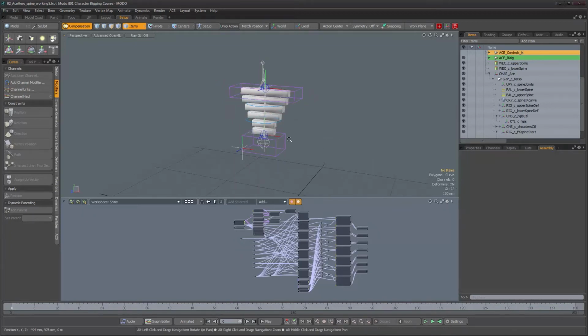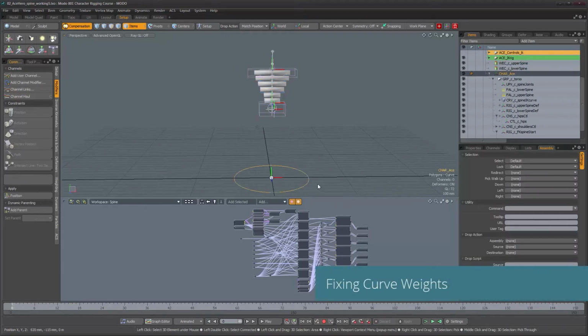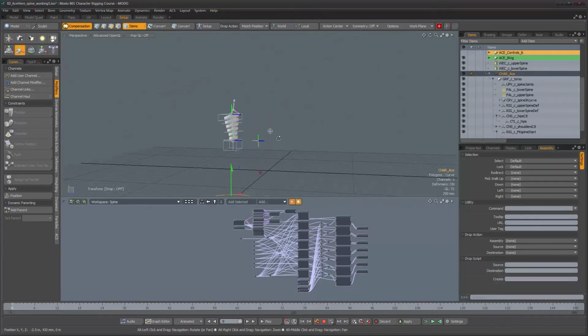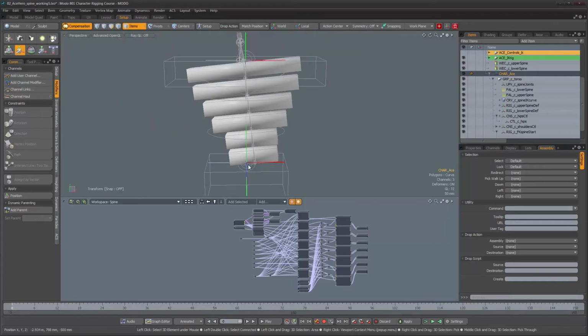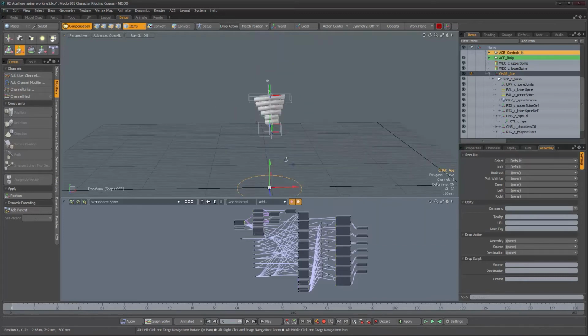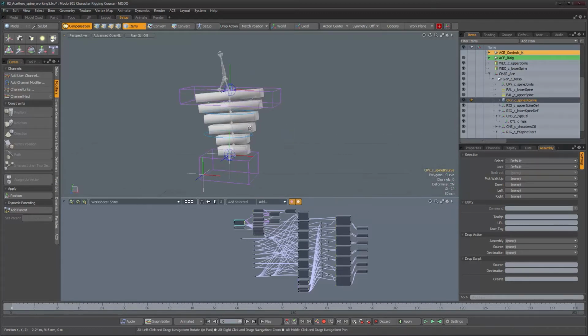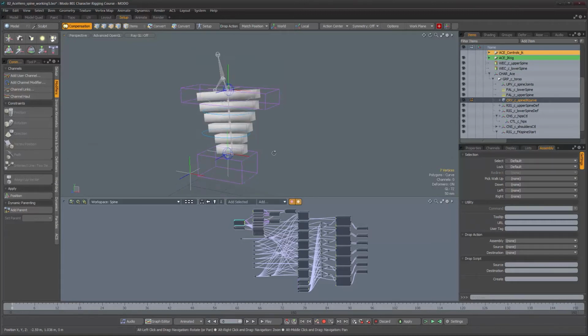Let's just check one additional thing when it comes to dealing with our character. Let's say that I take the character control and we're going to position him somewhere else, and I can see something odd going on here at the base of the character. He's kind of losing weight over there, and we're going to look into that. So this is odd, because if we select our spline, our curve, and we select its vert, you will see that